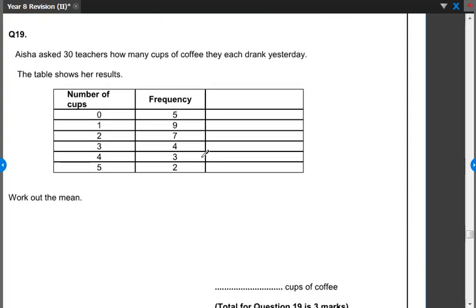Okay, Aisha asked 30 teachers how many cups of coffee they each drank yesterday. The table shows the results. So this just tells you the number of cups, because five teachers had no cups. So 5 times 0 is 0. So the number of cups